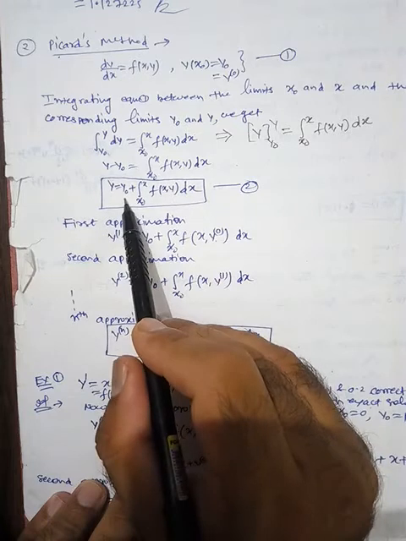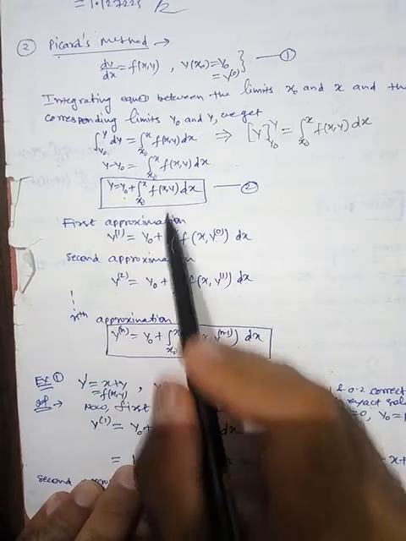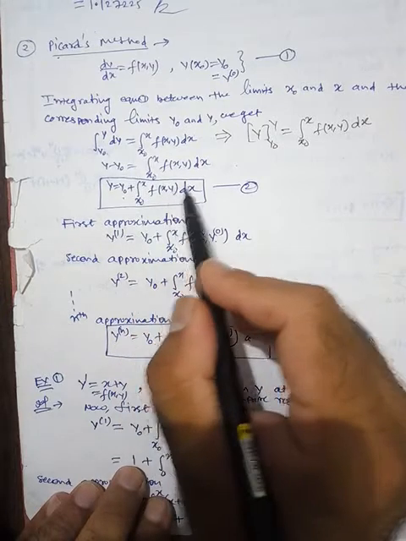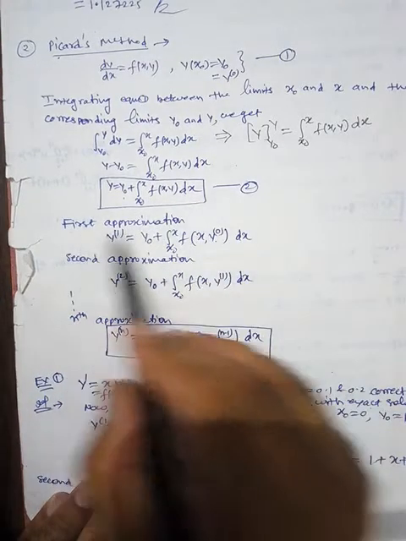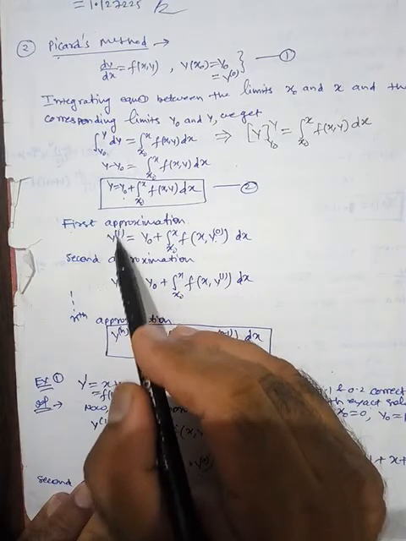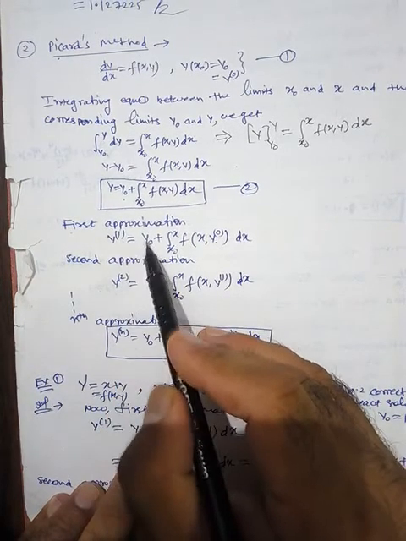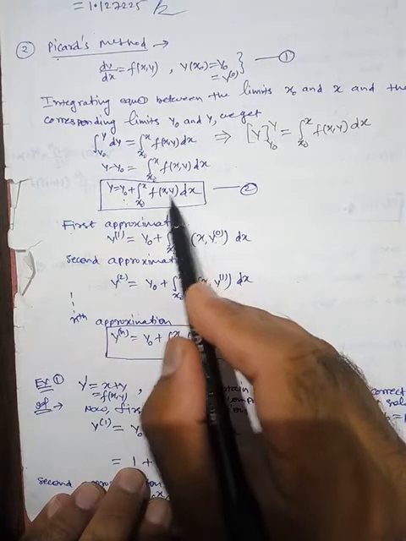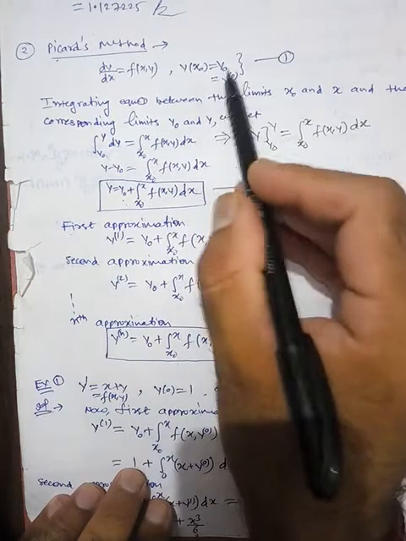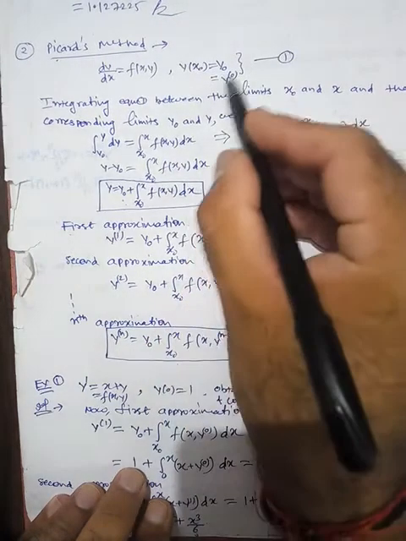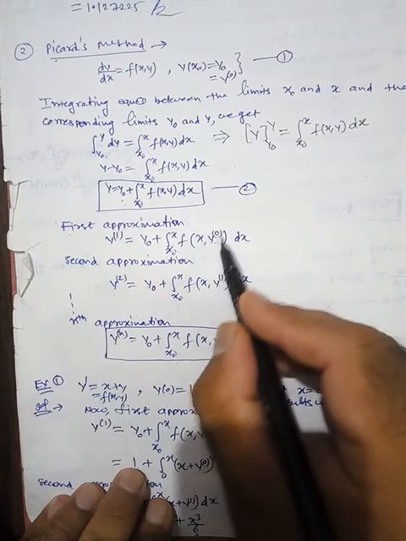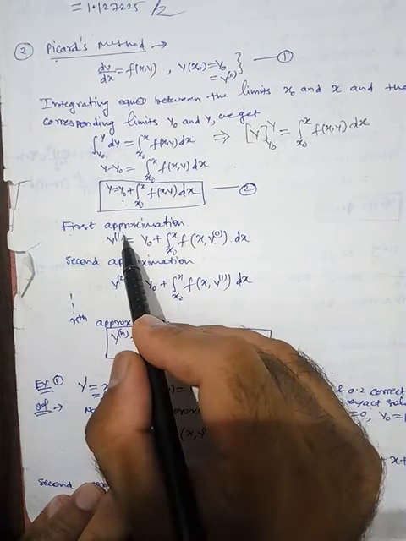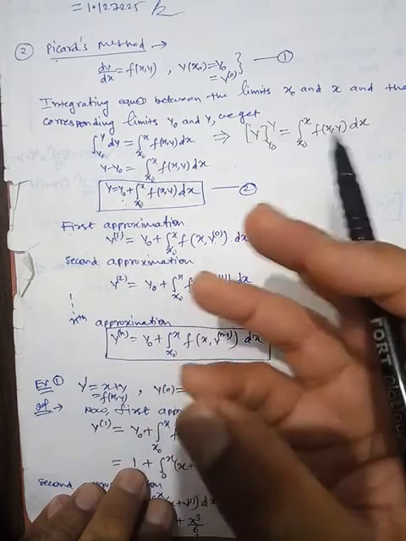Now here, the first approximation, because this is a solution, here x is a variable and y is also a variable quantity. So let's say the first approximation is denoted by y with 1 in the superscript, which is equal to y naught plus the integral from x naught to x of f at x, and this y is replaced by the initial guess y naught. This y we will replace with the initial guess, which is a constant value already given to you. Fine. So after solving this we get y1. This is the first approximation having some error.